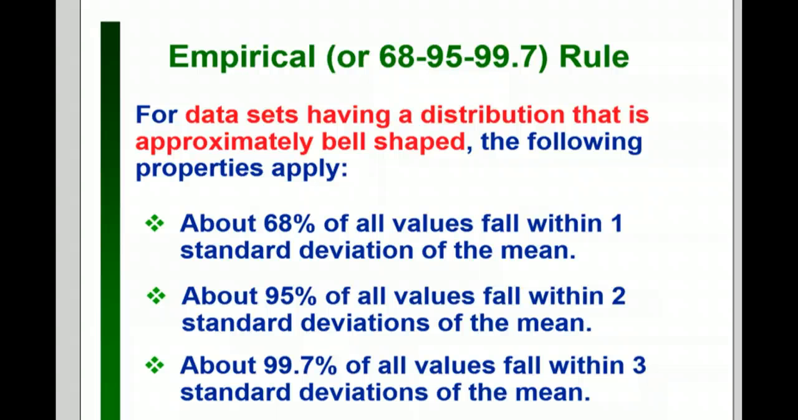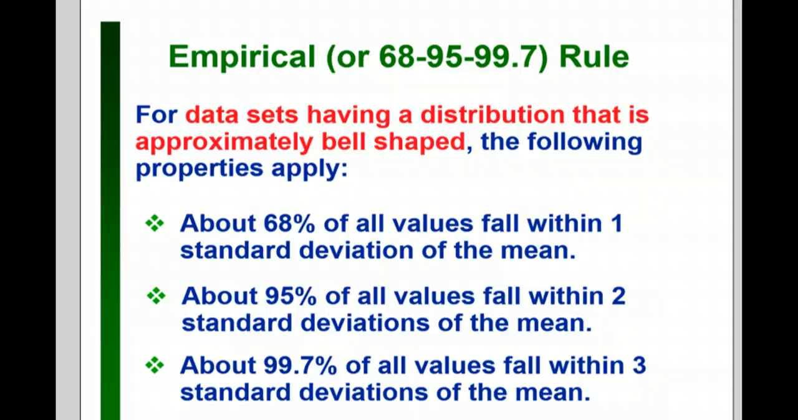Alright, last video on 3.3. This is the third and final part. We're going to talk about something called the empirical rule and an idea called Chebyshev's inequality in this section. So the empirical rule, or some people call it the 68, 95, 99.7 rule,